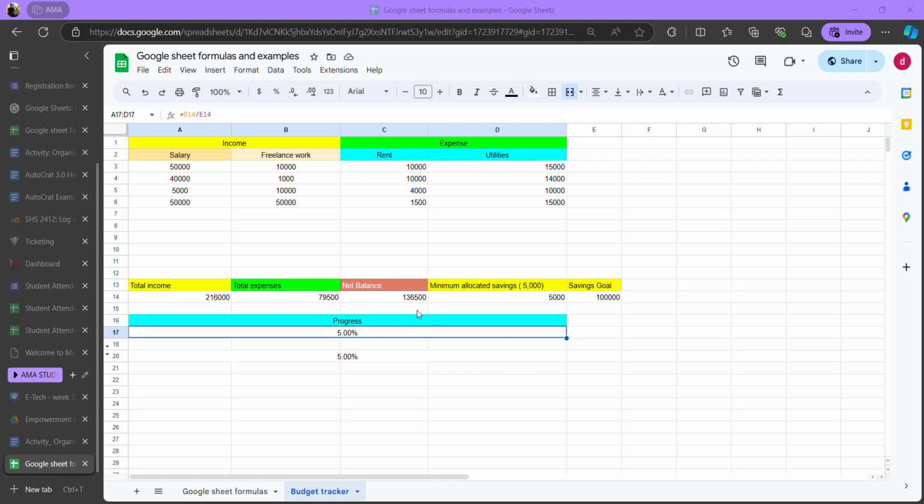Now, let's proceed to the condition statement, right? So, for the condition statement, let's say here that the minimum allocated saving is 5,000, right? So that's 5,000. So this one is correct. Let's say it's only 1,000. So